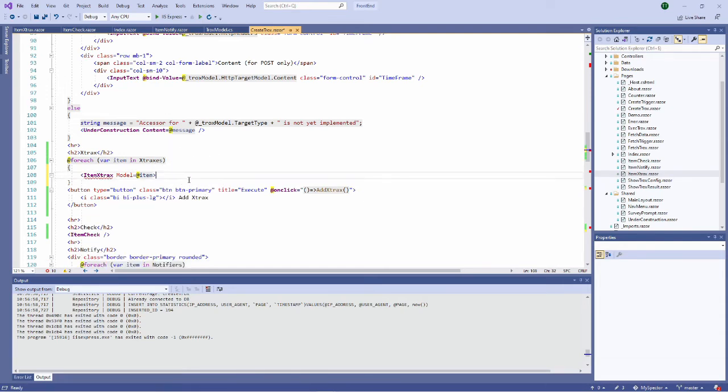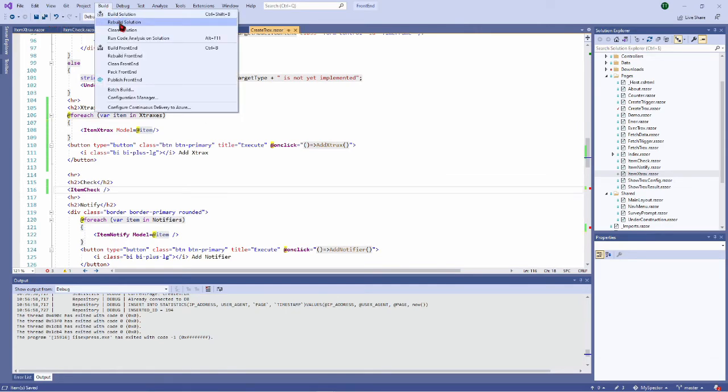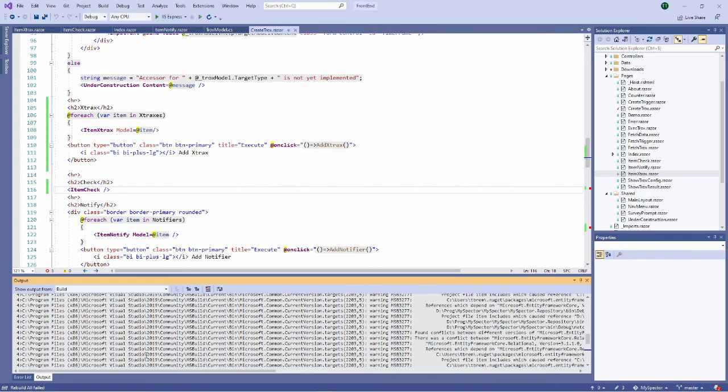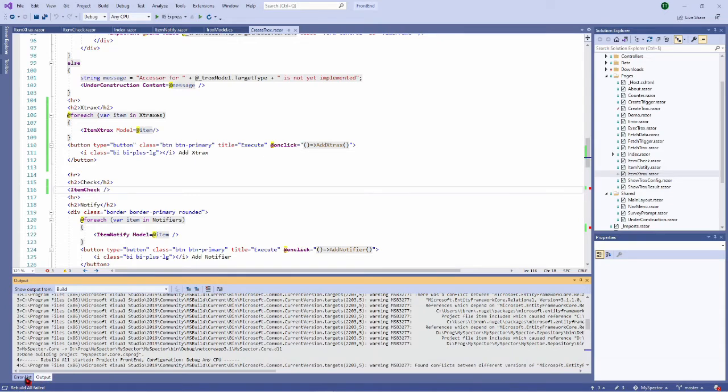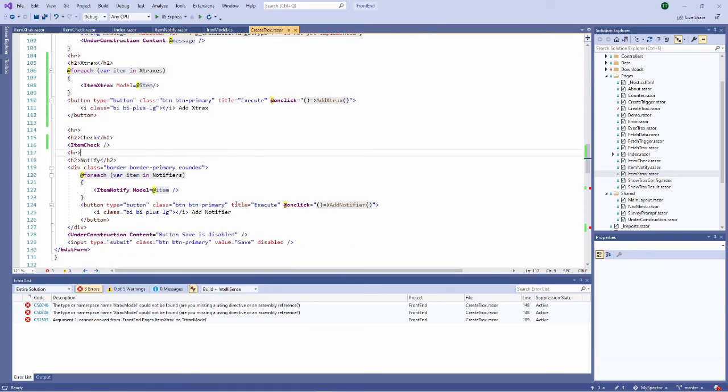And why is it complaining? Okay. So I can just check how it's behaving by doing this. Rebuild solution. There is an error because the model is not implemented as a property. Yes, I just want to check if it says type or namespace extracts model could not be found. Yes, I didn't define it yet.